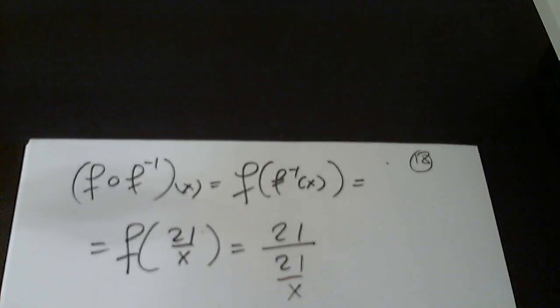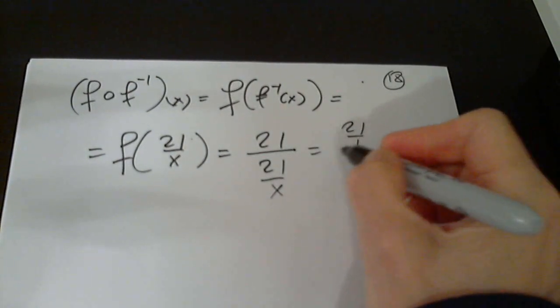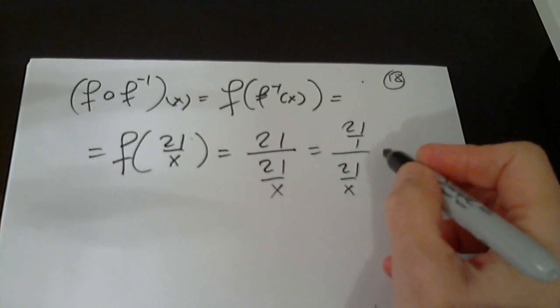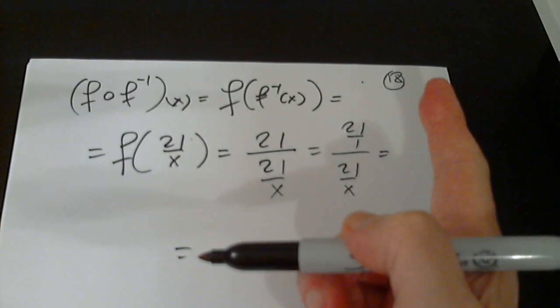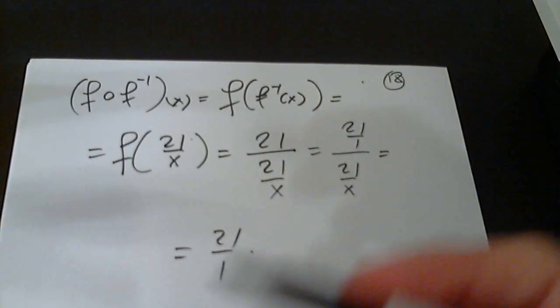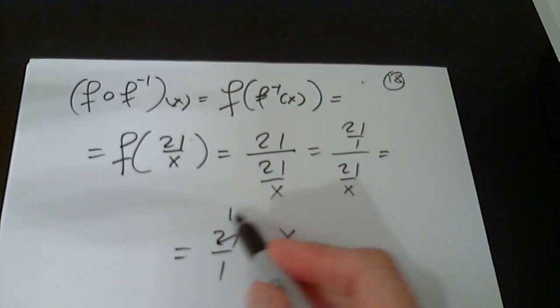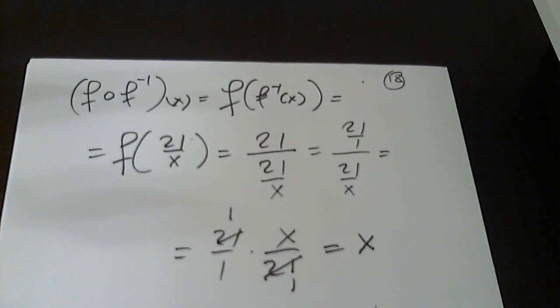The top is over 1. The bottom is 21 over x. I have to copy the fraction from the top and flip x over 21. Here it is. So it's indeed